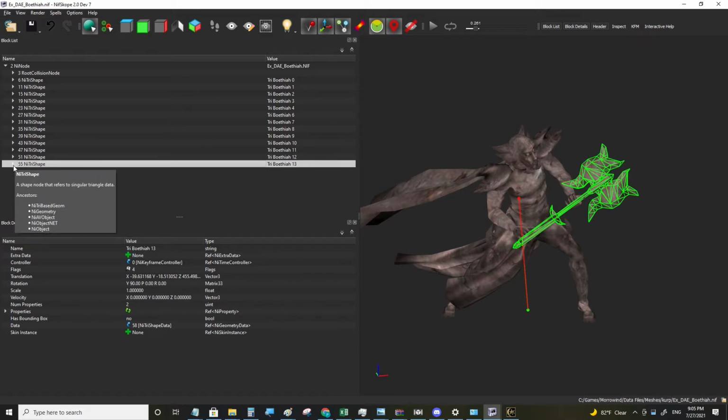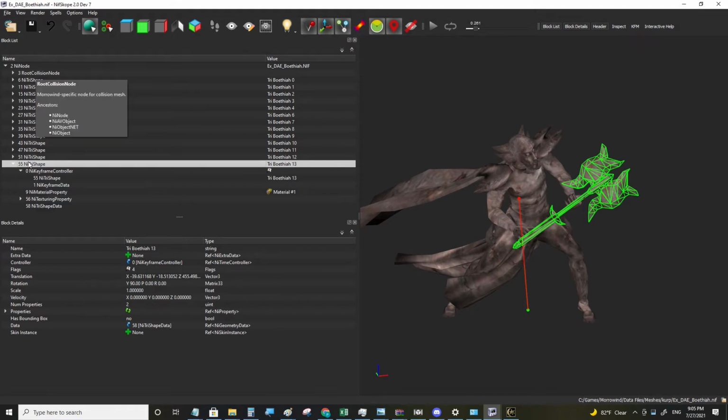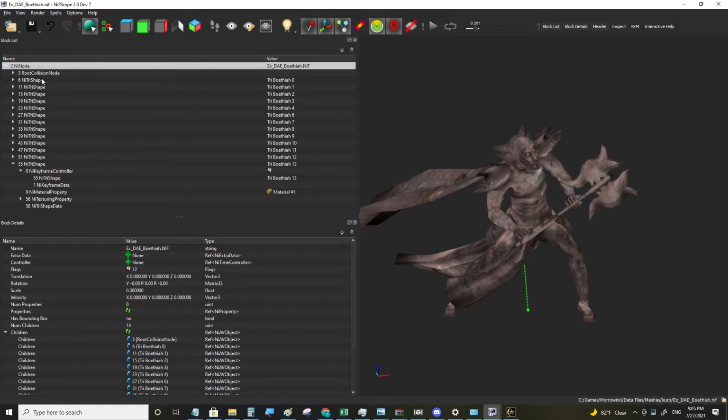We can add this NiBsAnimationNode only to a parent of this one NiTriShape, but it is best if everything is under the same animation parent node, so we can either